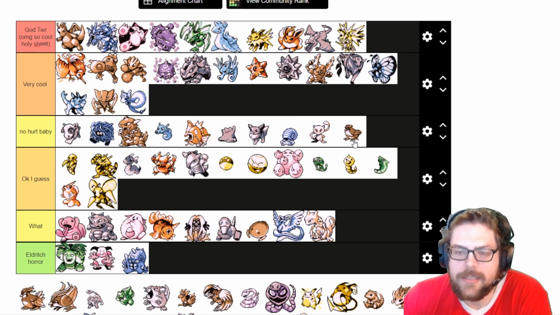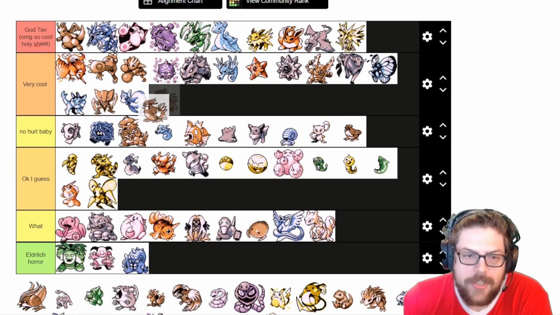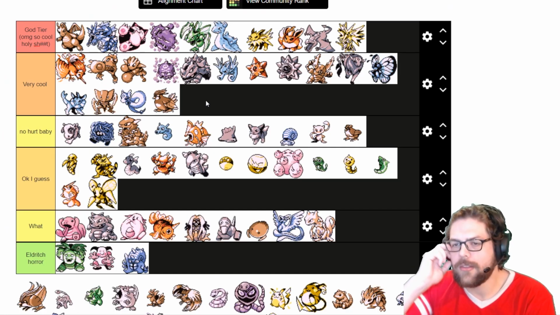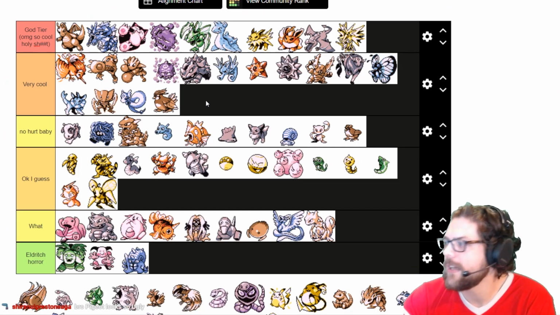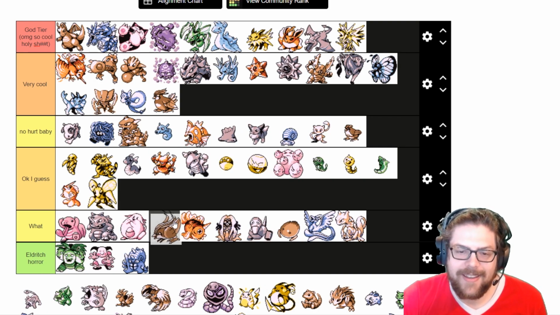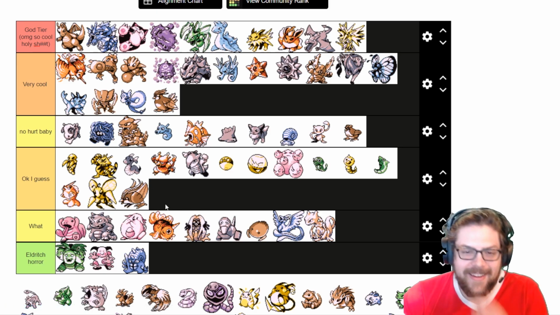I actually think Pidgey has a pretty effective sprite. I don't know. I'll put it in No Hurt Baby. Pidgeotto's pretty cool looking. I love the fat Pokemon in Gen 1. They slimmed everyone down, and I think we definitely lost something when they did that. And then Pidgeot, I don't know what's going on, dude. Pidgeot is a great sprite if you ignore that weird ass eyeball. And then you see the eyeball and he's just with his mouth open, he's just...